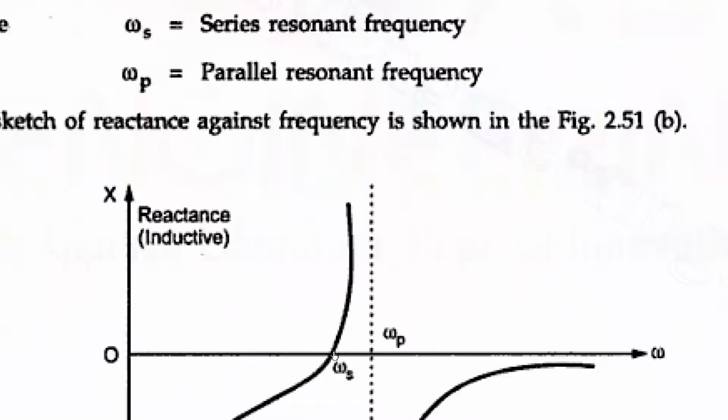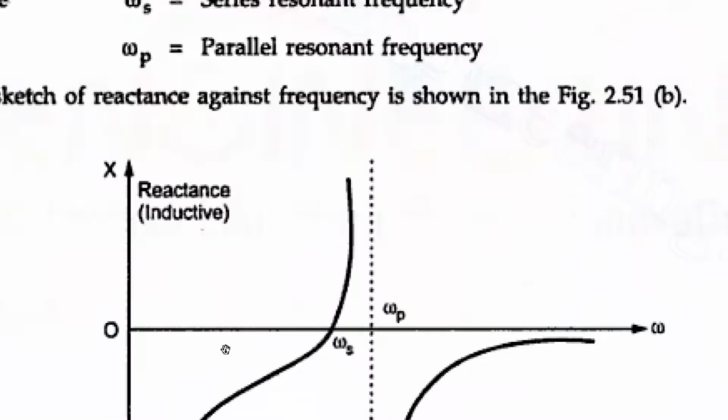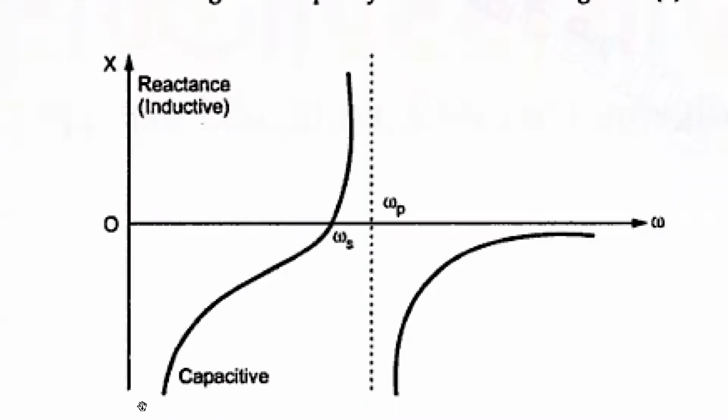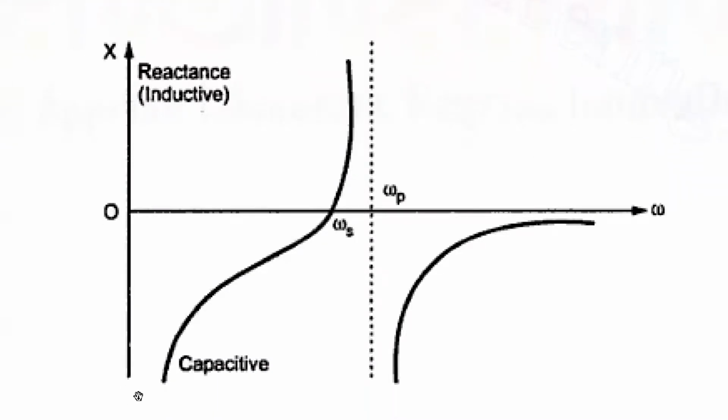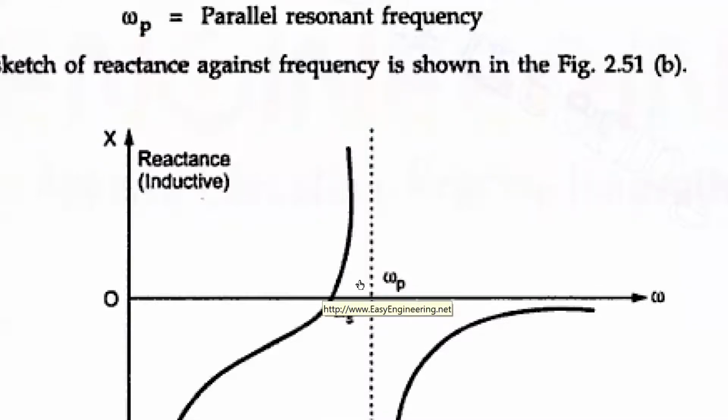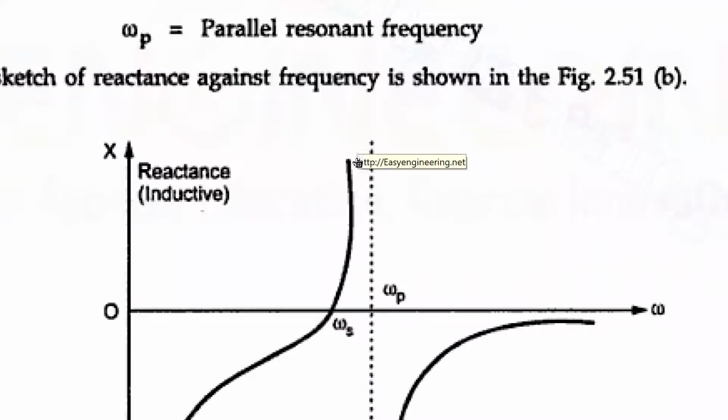So as we come closer, we started when omega is 0, x is what? Minus infinity. Okay. When omega gradually increases, if we make omega s, then this x is becoming 0. So from that we understood the curve will come like this. Now, when omega becomes close to omega p but slightly less, then it is plus infinity.